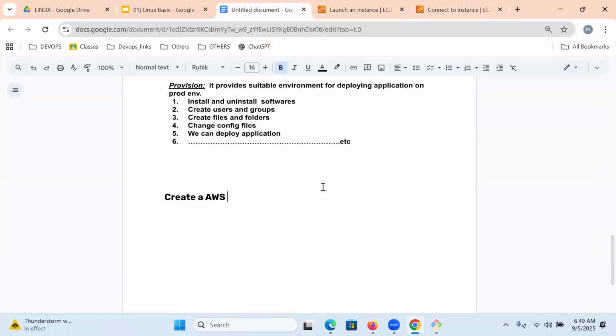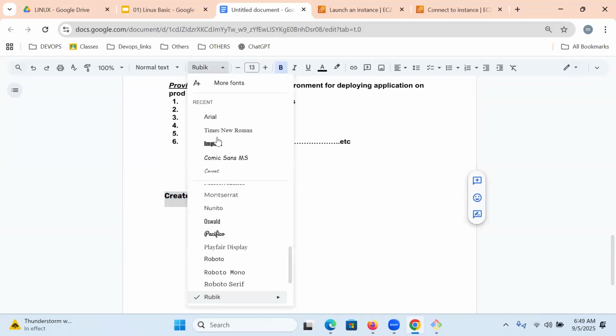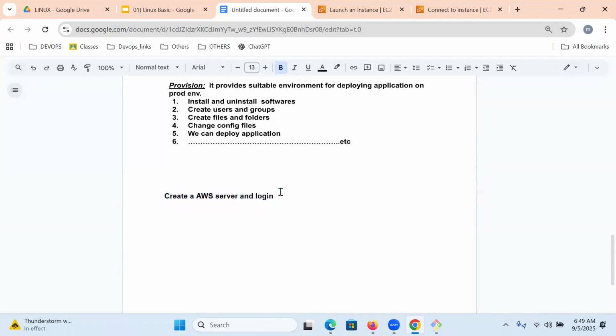Create an AWS server and log in. Once you are successfully logged in, and how exactly you log in you know very well, I have shown you this so many times. After successfully logging in, you will land on the dollar prompt, which is nothing but a normal user. Hash means what?